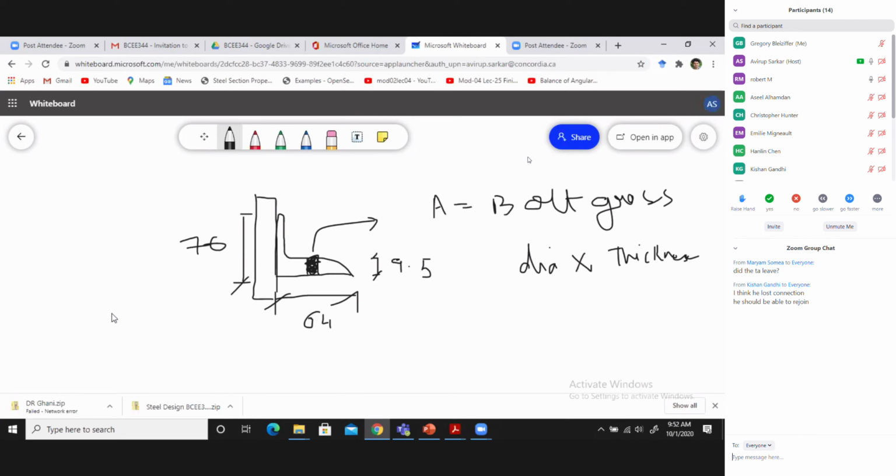It also depends on how we are connected to the plate. If it is connected to this side, then the subtraction will be different, because then we have to consider the total thickness. And if it is connected like this, then it will be the thickness of only this section. Otherwise, along this direction, it will be the thickness of this whole plate. So it all depends. The configuration is very important in case of steel.